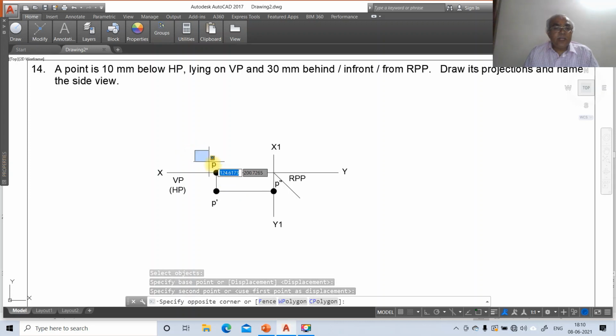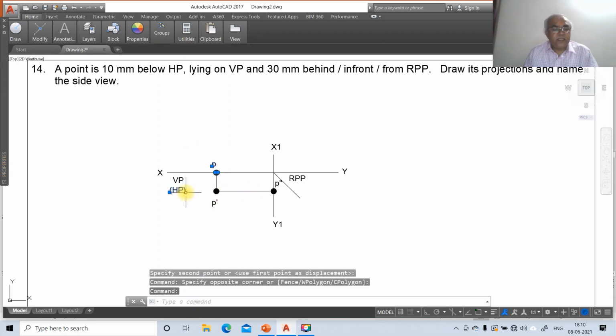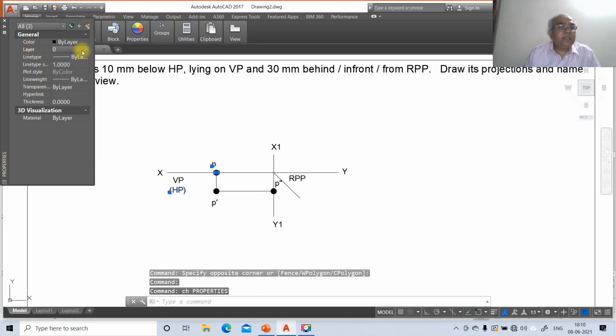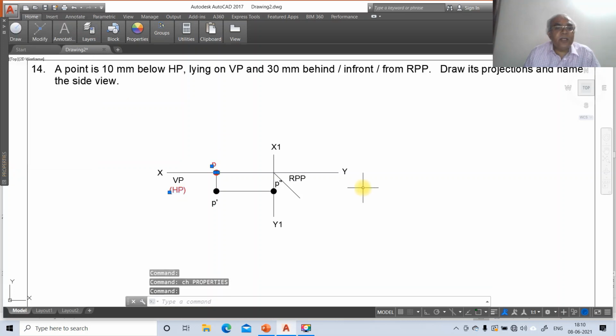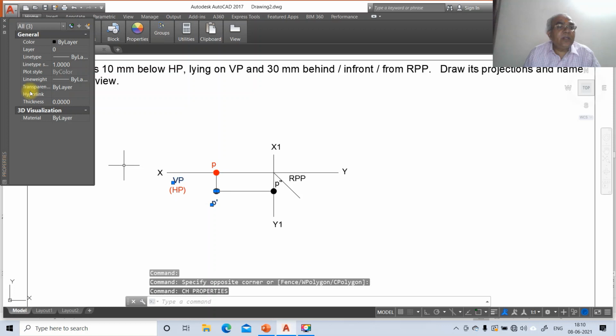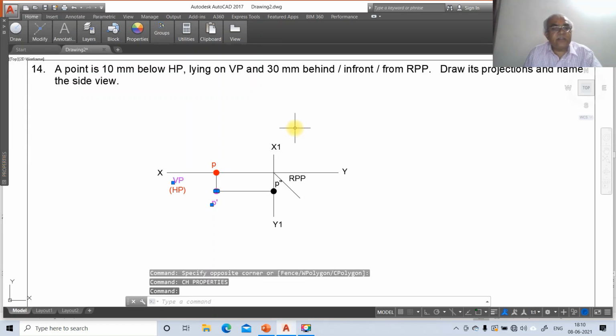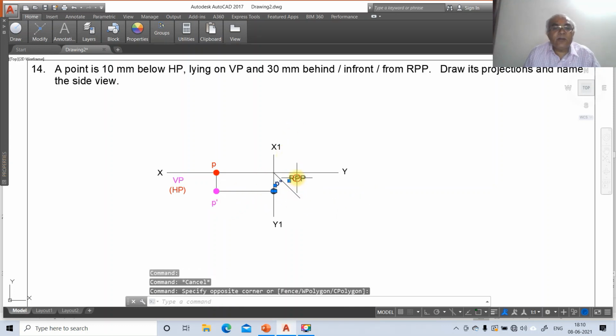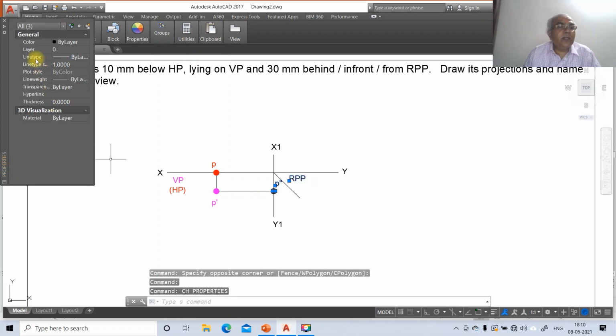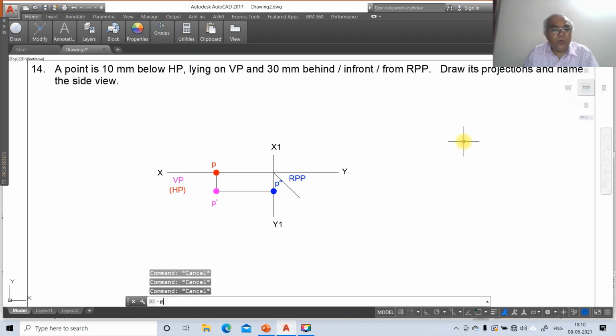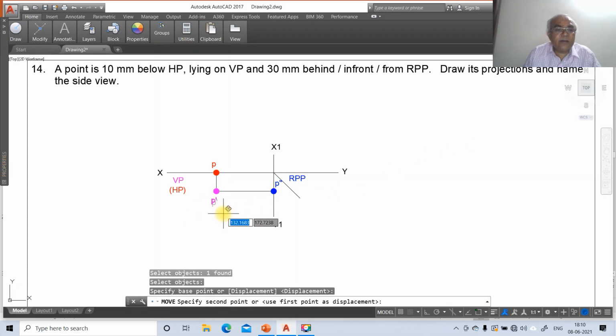Then you take the top view, you select this, go to CH, go to layer, change that layer to top view. Automatically that layer color will be taken. Similarly, you take this line and these two, go to CH, go to layer and make this front view. If you want to cancel this, you just press escape, then only it will cancel. Then you take these two and click on this, go to CH, go to layer, to make this layer side view. So you're going to get this. Then move this a bit inside, nearer to that point.